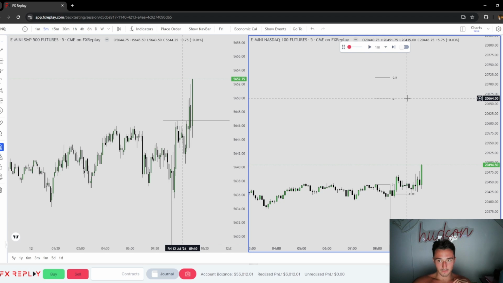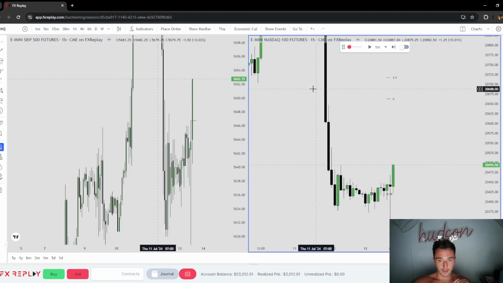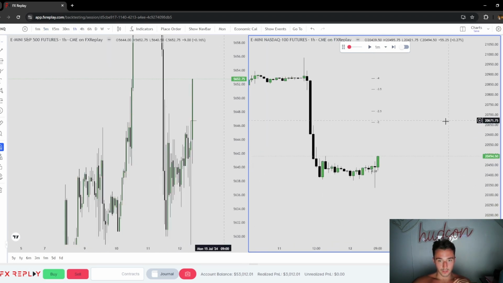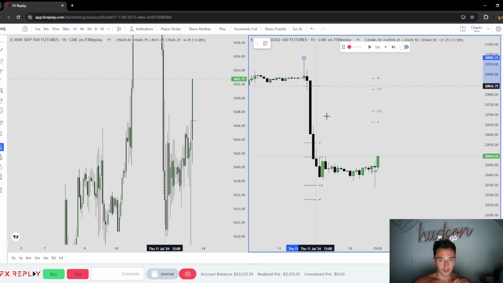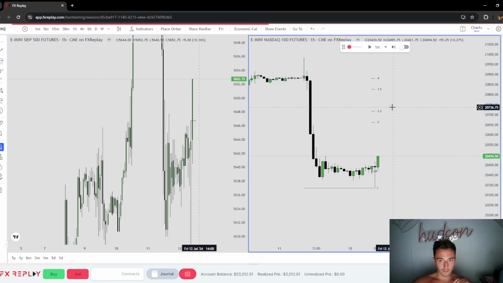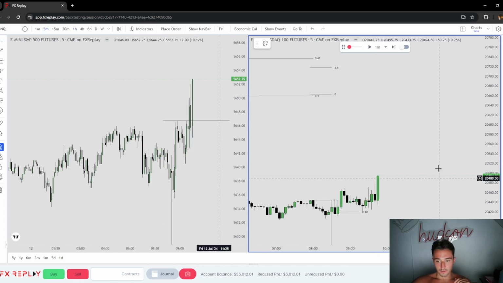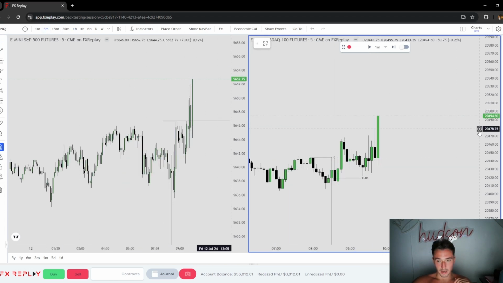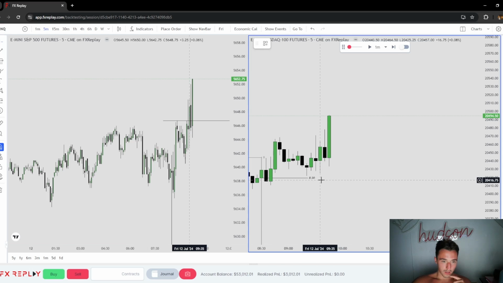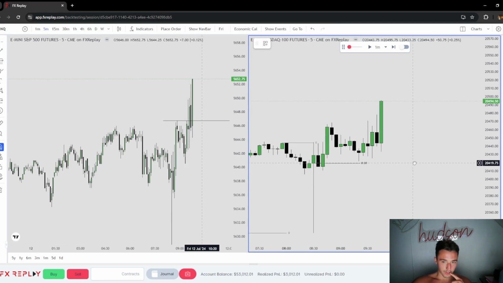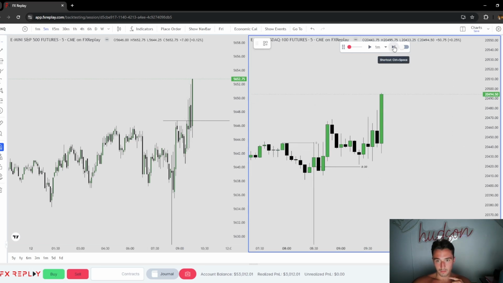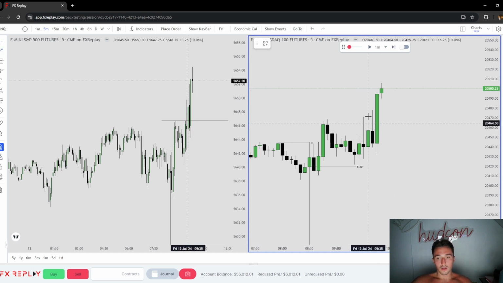-2, 2.5. We could honestly reach that. Up here, we could use what? Equilibrium. 50% lines up with -2. Right? So if we close this 5-minute above this candle, I would assume shorts or longs are gonna rip. And we do, so